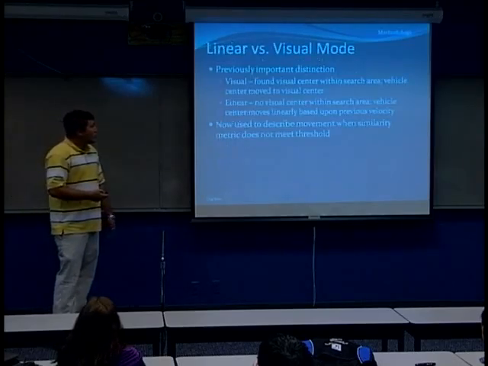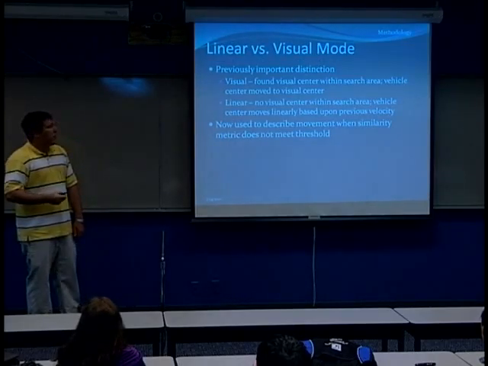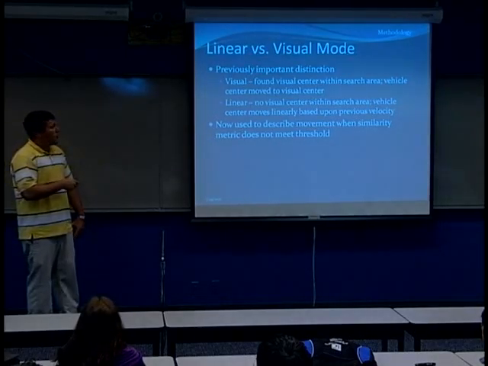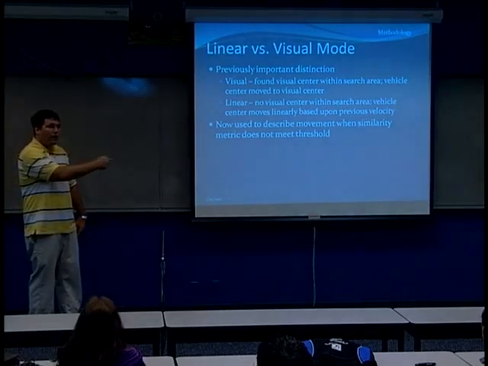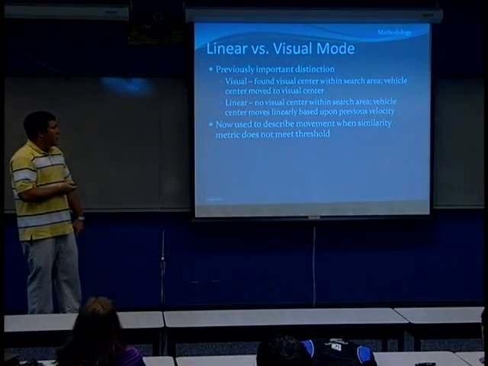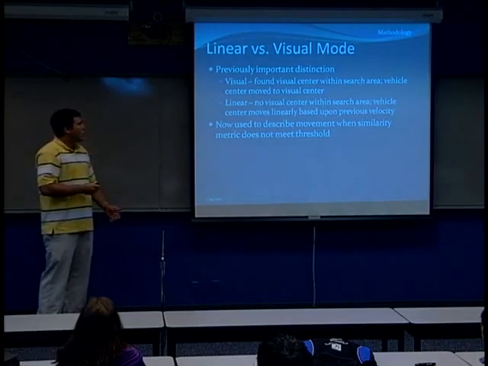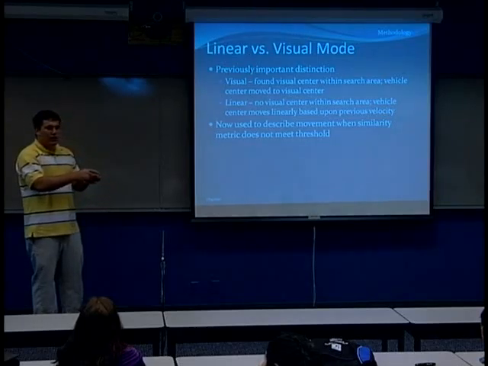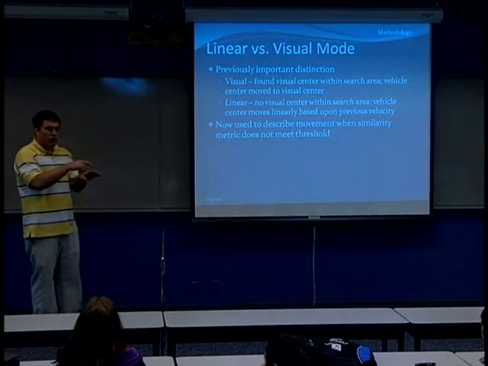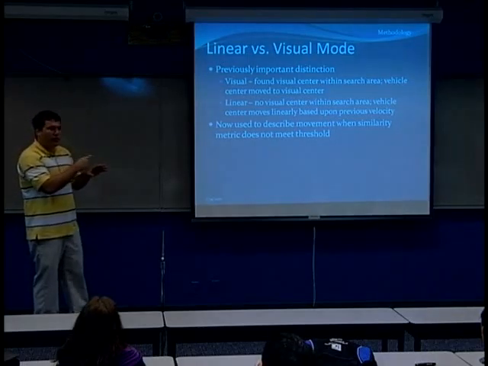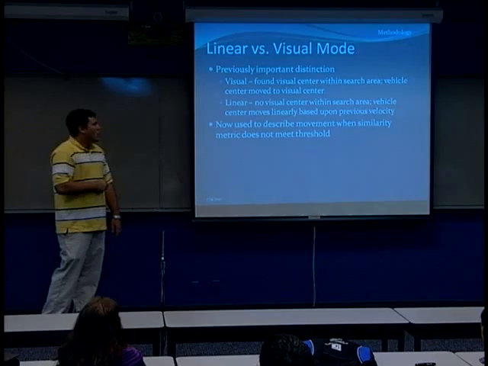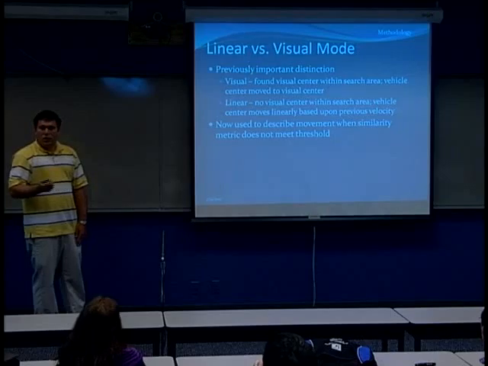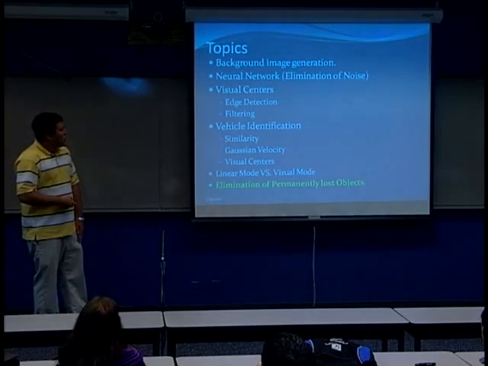There are two modes. Originally, it was a very important distinction, but now it's not so much, because before, if it couldn't find a visual center within the search area, it would just move linearly looking for another one. But now it's not as important, because it's always moving linearly to try to find its new spot for the search area, and then it uses all the metrics to find the best position. But we still call it linear mode when it doesn't meet the threshold, because we have to then eliminate permanently